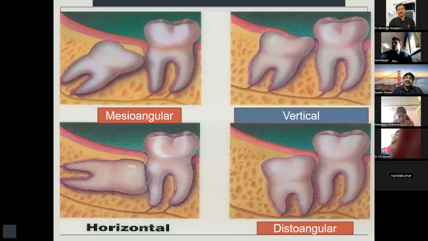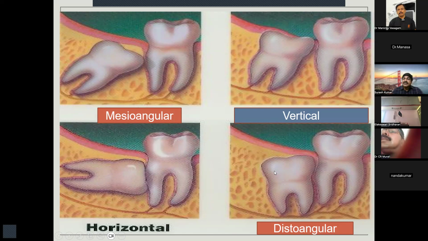This point is very important because you need to assess this well before you diagnose and execute the procedure, because vertical impactions are very easy to remove, whereas distoangulars are the very difficult impactions to remove. Remember, the x-ray will show you as if it is vertical, and you will think it is going to be easy, but many a times we struggle when we deal with distoangular impactions. Even in oral surgeons, after a lot of experience, when we deal with distoangular impactions, it is very difficult to remove. So do not underestimate this scenario. You should actually call a consultant to do this procedure.